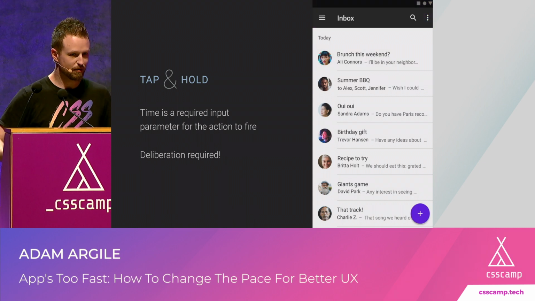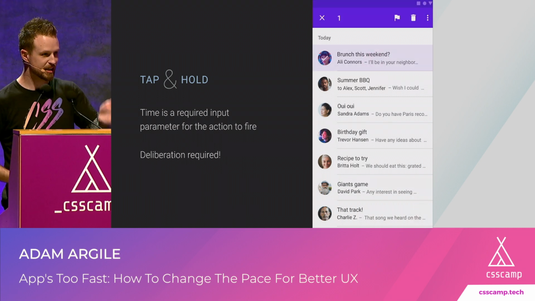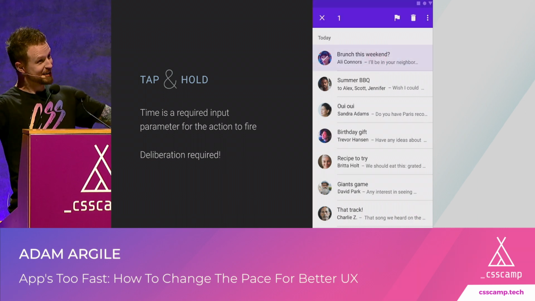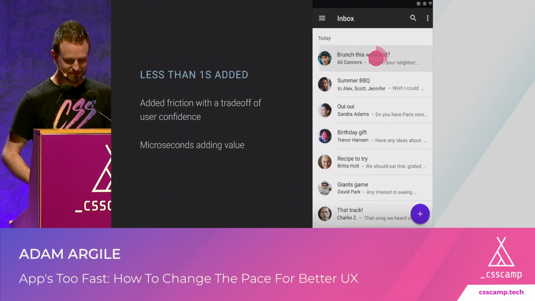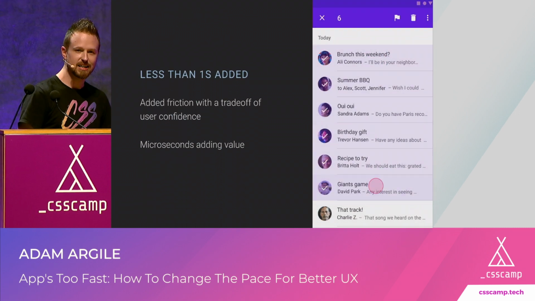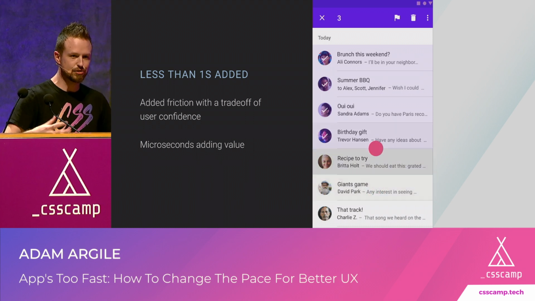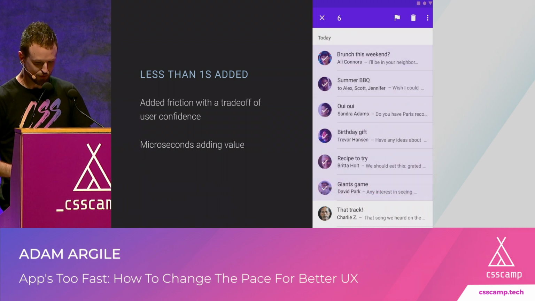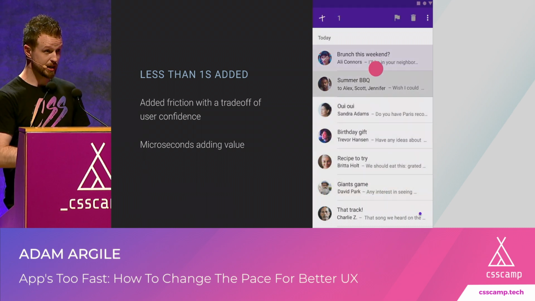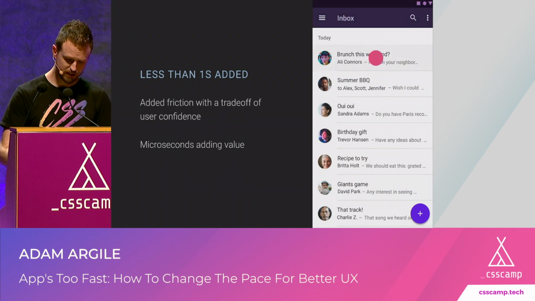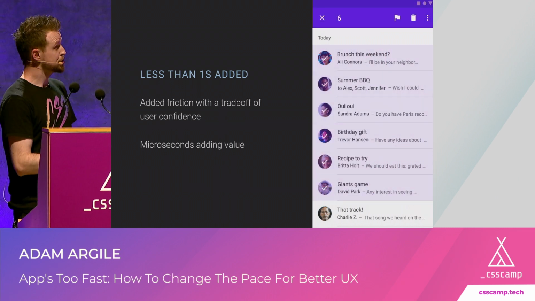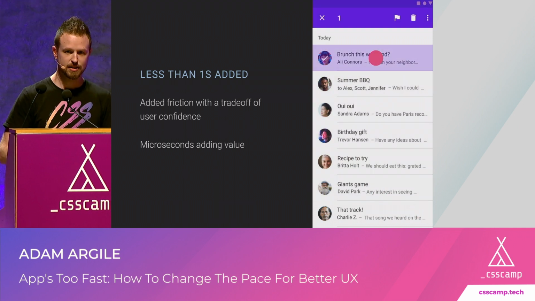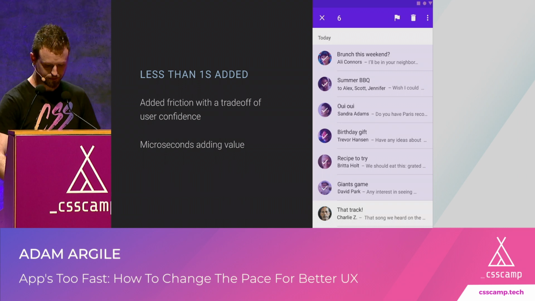That brings me confidence. I feel in control while the interface is providing feedback and telling me, I see what you're doing, we're about to do it, do you want to do it? Do it, great, okay. And in this whole thing, we've added less than 1 second, but we've created this new sense of interaction, this richness about I'm in control, it's following, and now I can be more deliberate in my interactions because of it. So we added a little bit of friction, but we get the trade-off of confidence and people perceiving the application as something there to help them.